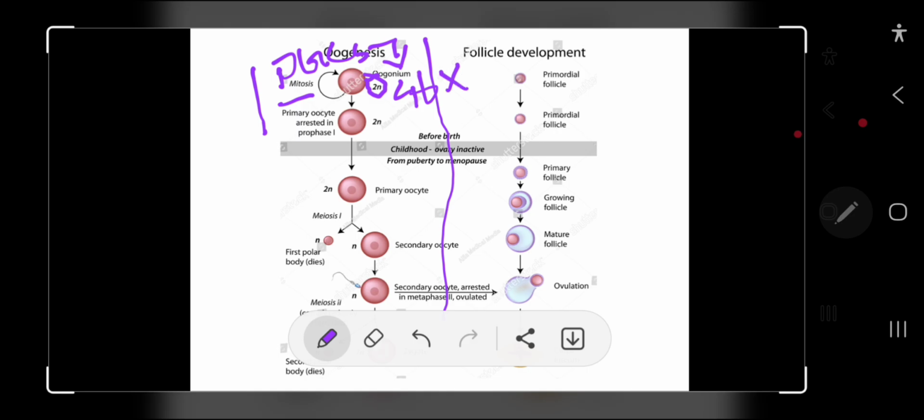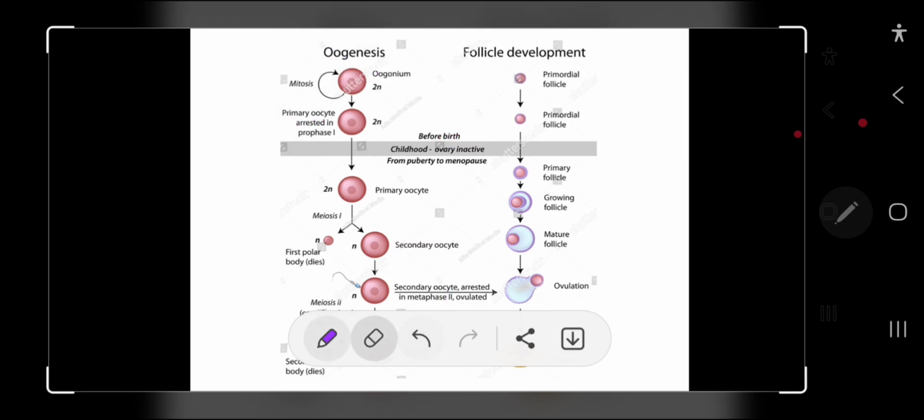Before birth, these oogonia will differentiate into primary oocytes. Primary oocytes will enter the first meiotic division and be arrested in prophase 1 from birth up to puberty. In childhood, the ovary is inactive. At puberty, these primary oocytes will continue and complete the first meiotic division